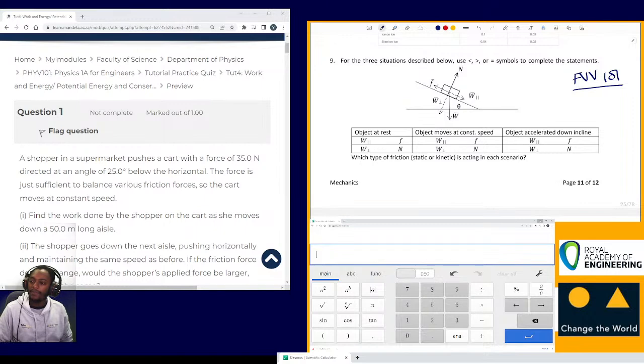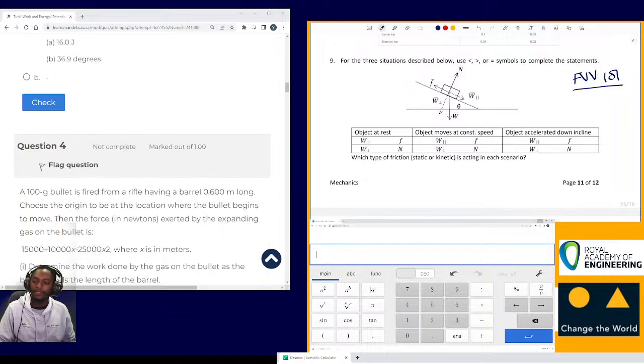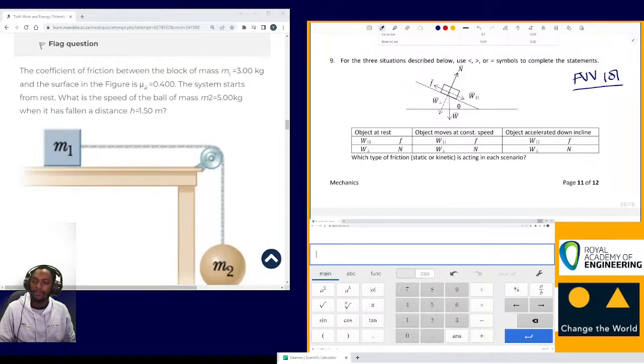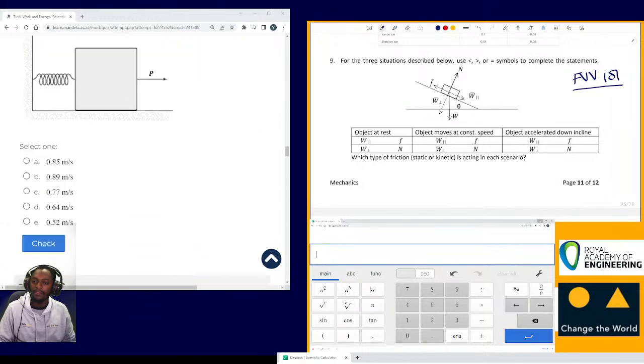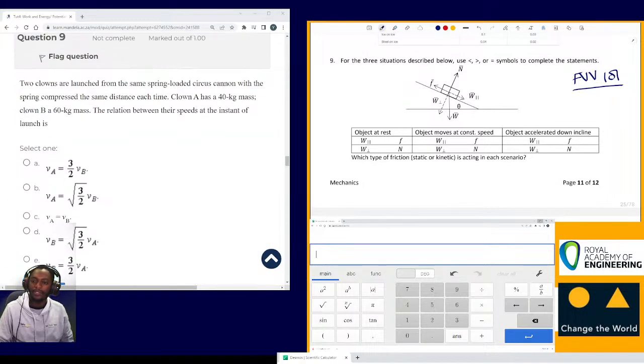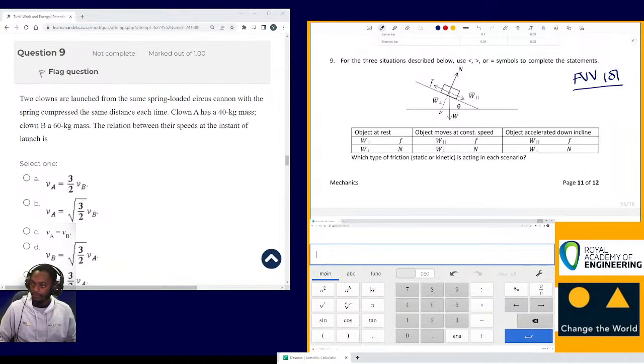So question 9 says, for 3 situations... it's question 9 on both sides. But we're going to be starting with the questions on the right hand side of the screen. I'm just going to highlight the question that we're doing, question 9. It says, for the 3 situations described below, use the lesser than sign, greater than sign, or equal symbols to complete the statements